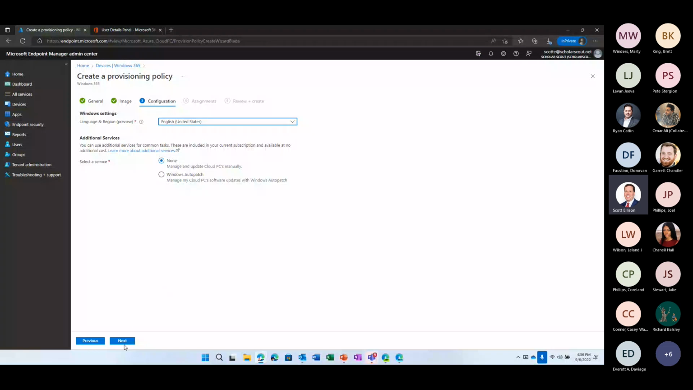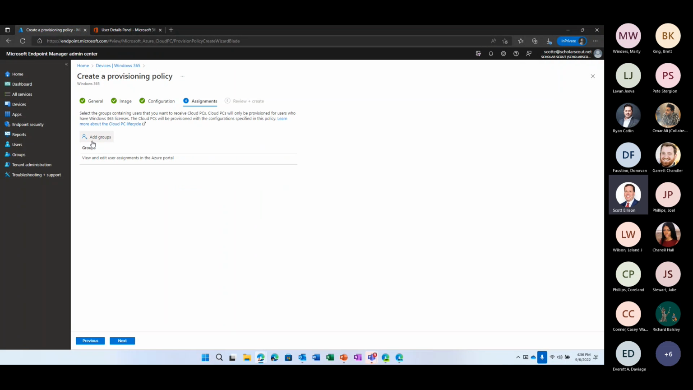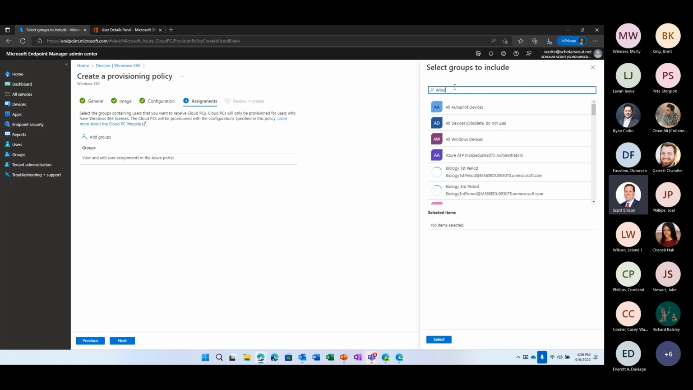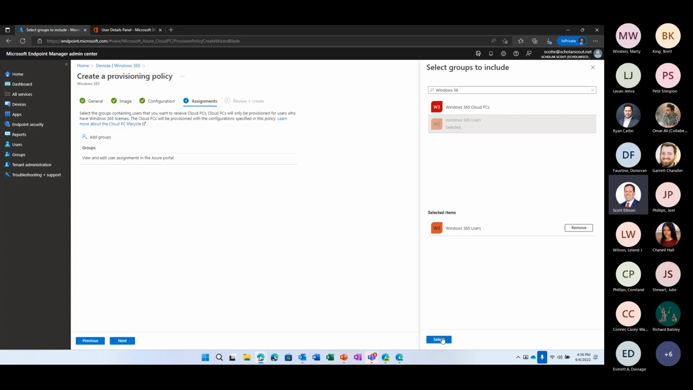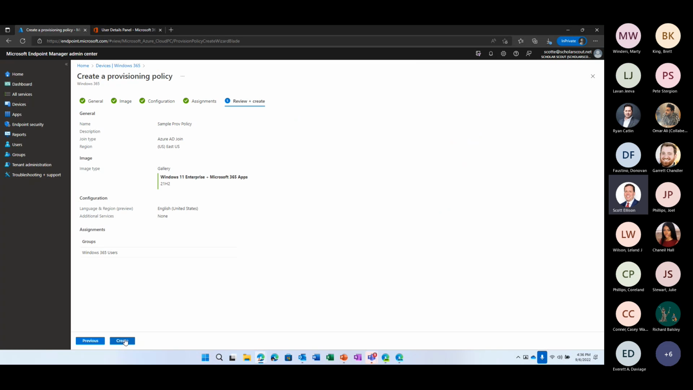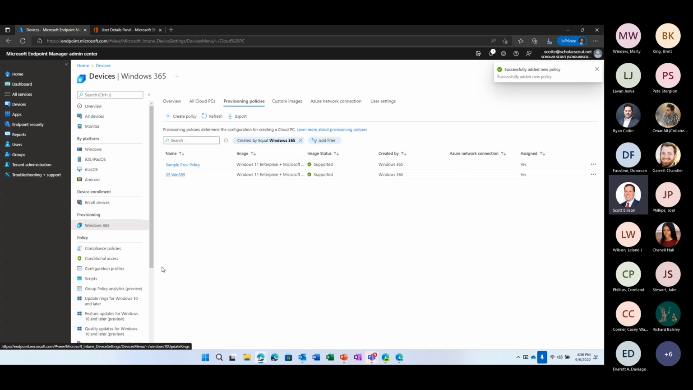So you select none here, click next, and then you can come in here and add your group. For example, I have a group here called Windows 365 users already provisioned out. I can just click on that group, select it, click next, and I have that provisioning policy. That provisioning policy will now start to